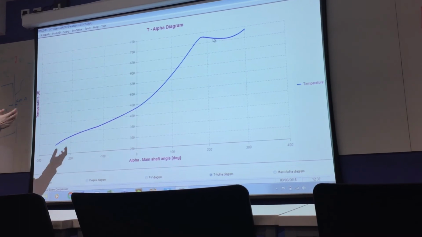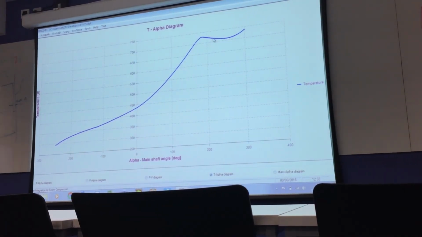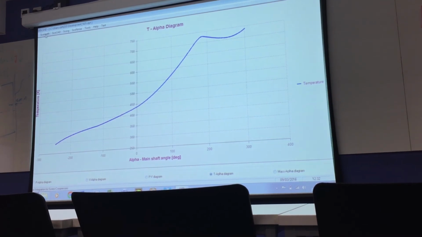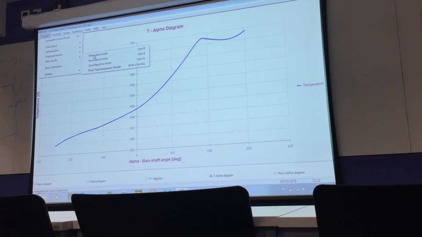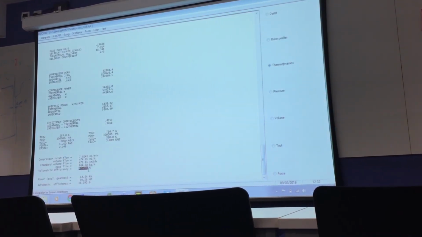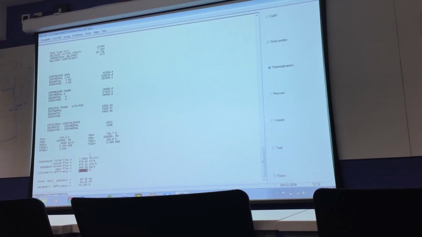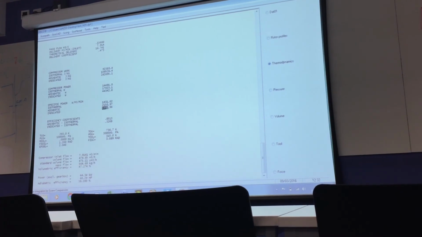So the cooling effect will be visualized from the temperature diagram. Sealing effect will be understood from the volumetric efficiency. So let's see how much it is now. I guess 43. 47. Okay, and specific power is 5600. Indicated power is 44 kilowatt. Okay, just roughly note down these numbers.